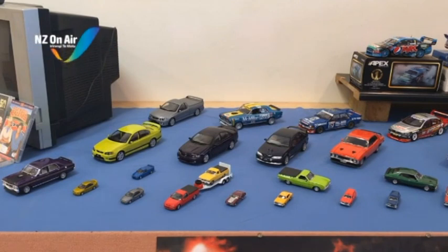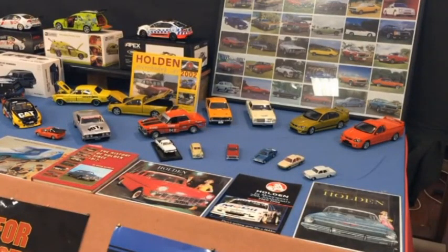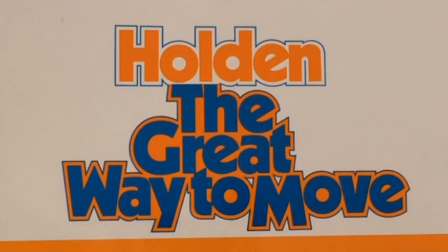They're models and they're looking good. But like many of their full-sized counterparts, they're not being made in New Zealand or Australia anymore. Going, Going, Gone is the theme of this year's Otago branch of the New Zealand Model Vehicle Club's exhibition, which